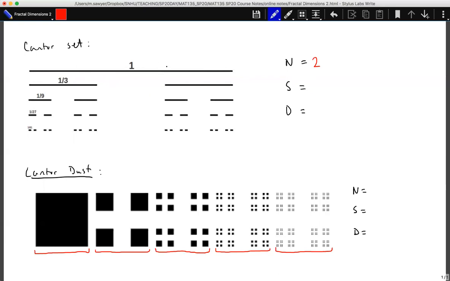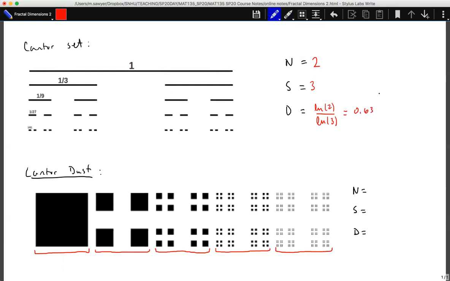The scale factor is 3, because the next size down is 1/3 of the original size. So the dimension is the natural log of 2 divided by the natural log of 3, which is equal to